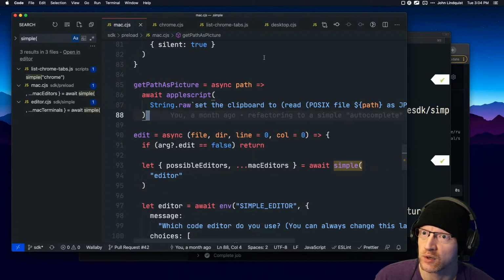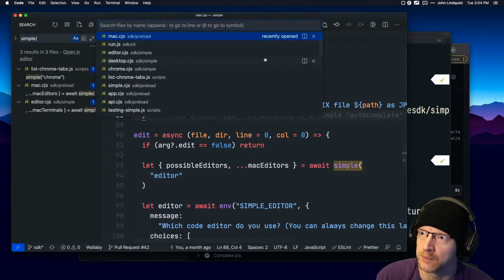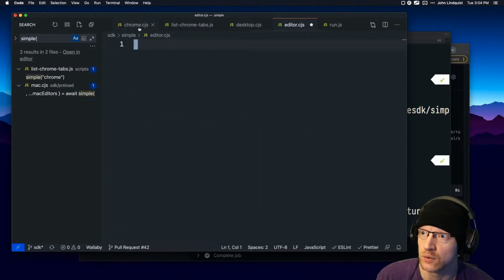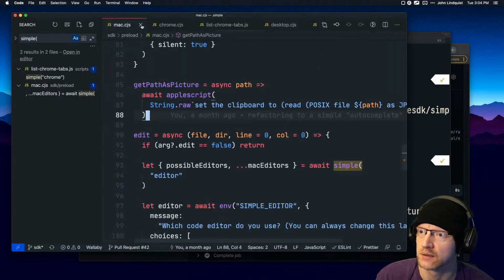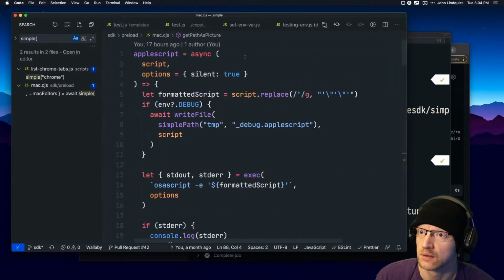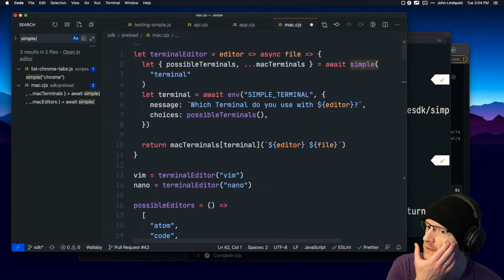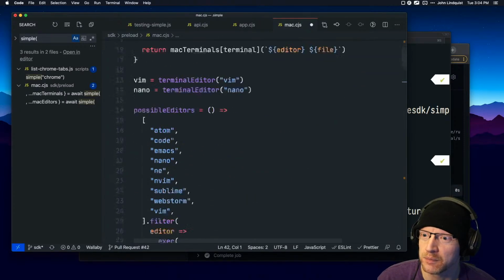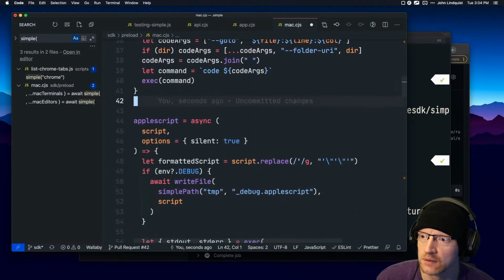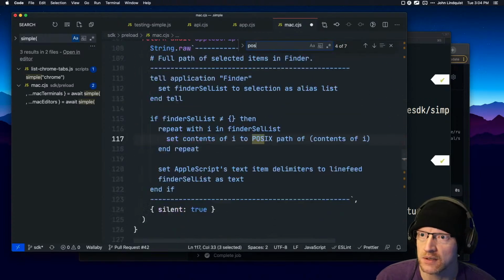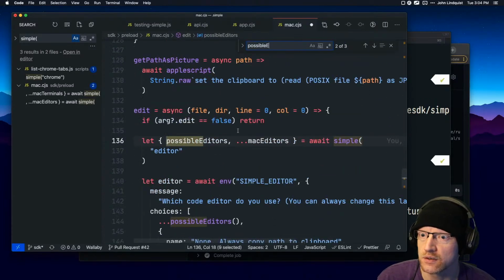You know what, I may just want to move the stuff from editor into the stuff in Mac. I think that feels a bit better to me. So that means down here in possible editors,